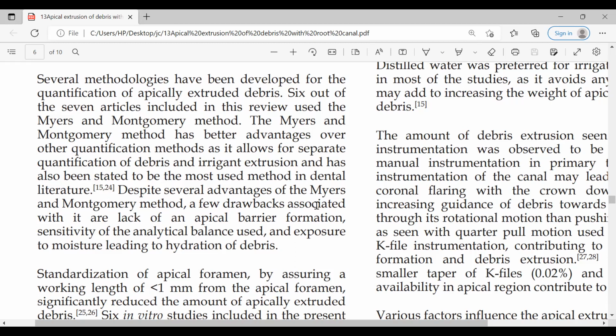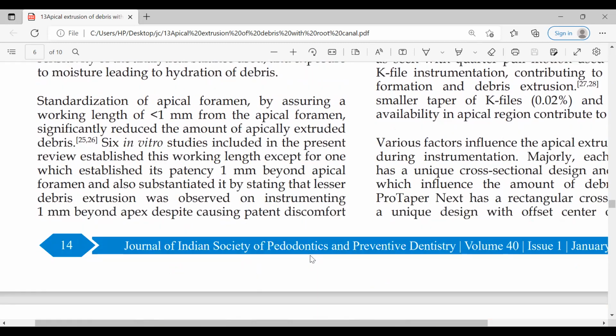Despite several advantages of the Myers and Montgomery method, a few drawbacks associated with it are lack of apical barrier formation, sensitivity of the analytical balance used, and exposure to moisture leading to hydration of debris. Standardization of the apical foramen by assuring a working length of less than 1 mm from the apical foramen significantly reduces the amount of apically extruded debris.